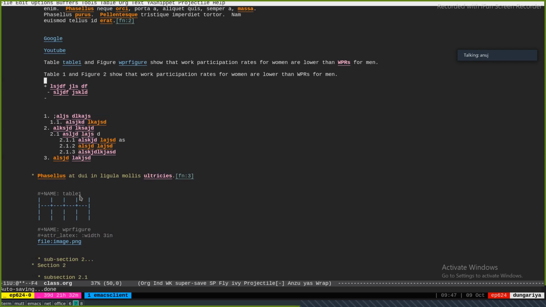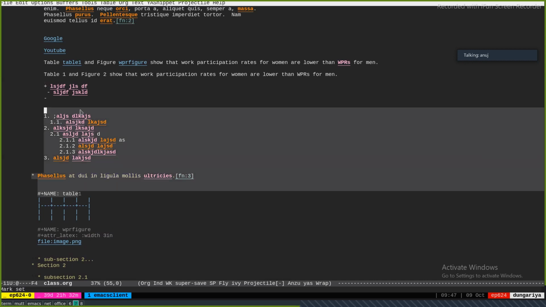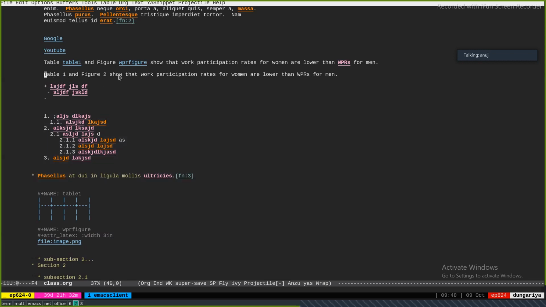Is that clear? Sir, where you've drawn the table and where you specify the name table 1, when you export this through LaTeX, is it going to export this as table 1: table 1, or is it going to just export as table 1? Table number 1. It'll export like this. This is how it will be exported. No, not the statement that you were referring to, but I'm talking about this table here.